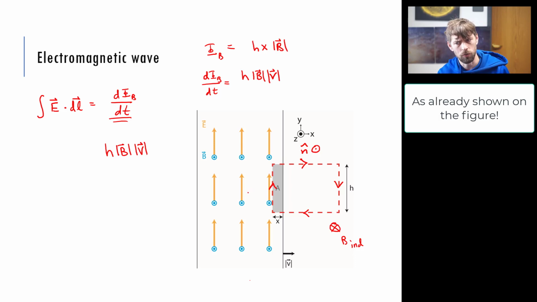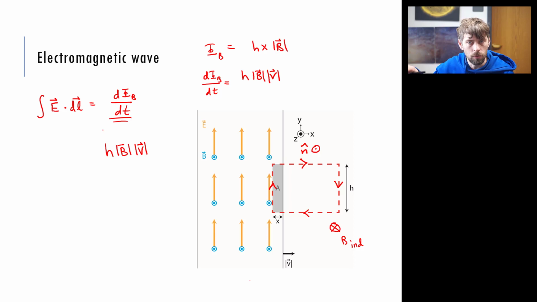Right? Goes along the line of electric field. So I will go ahead and integrate around the loop in the same direction. In other words, I will take this as being my direction of dl. Well, because the induced electric field is parallel to dl, I will have that the magnitude of my electric field